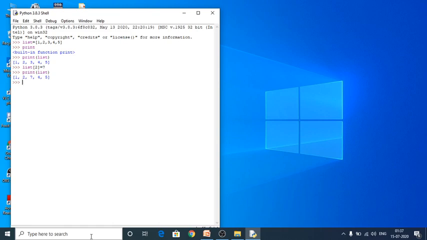To change more than one element, we have to use the slicing operator, what we have used in string. Here we have to use list, 0th element.